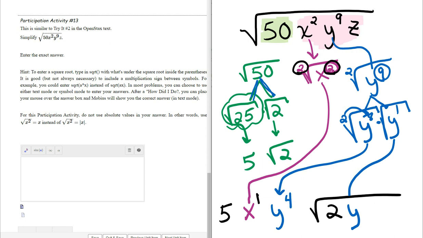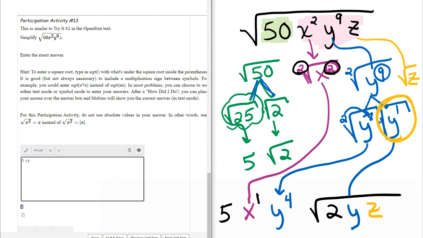And then you're left with the z, and the square root of z is just like the square root of y. I can't take the square root of that at all, so that's left under the radical also. So when I come over here to type in my answer, I'm going to type in